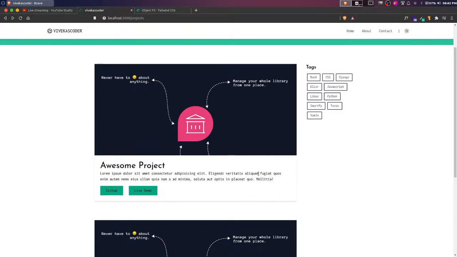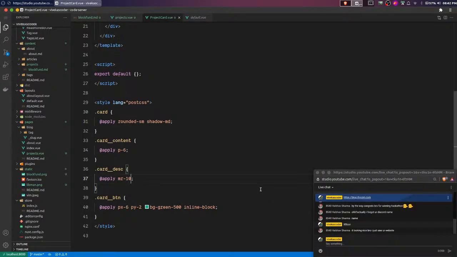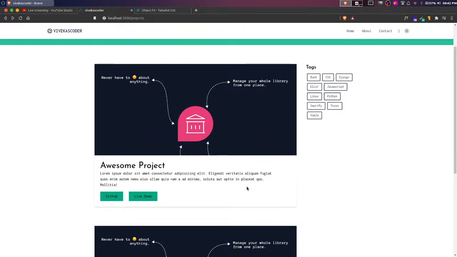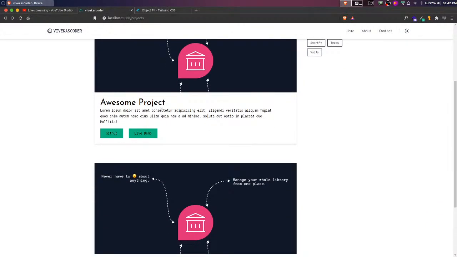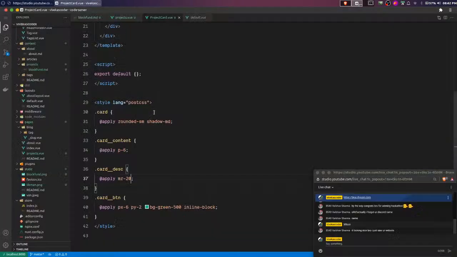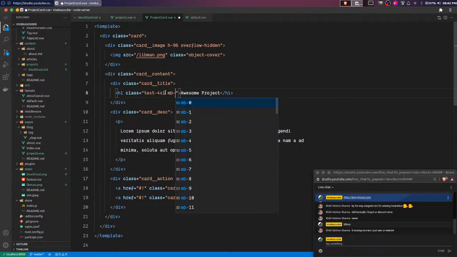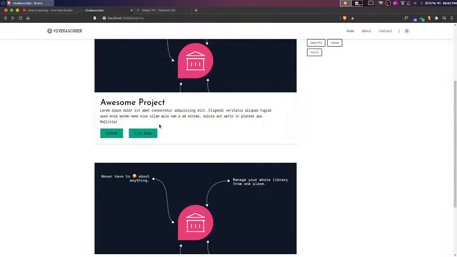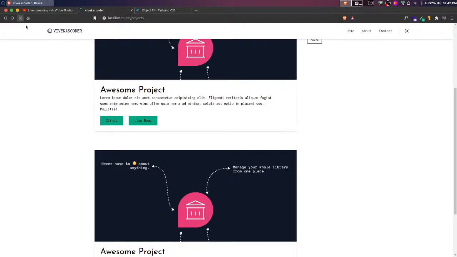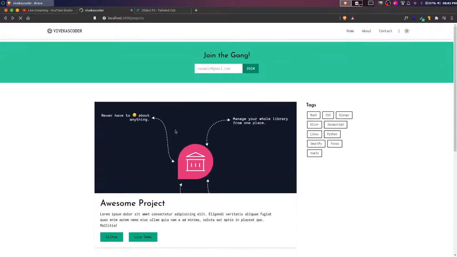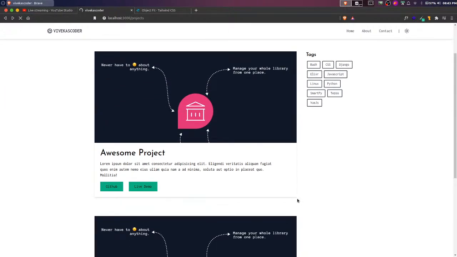Not much. Let's take a look at, I want some margin on the bottom side, margin bottom of about 3, just a bit of spacing after it. Yeah, this is fine. And talking about this image,